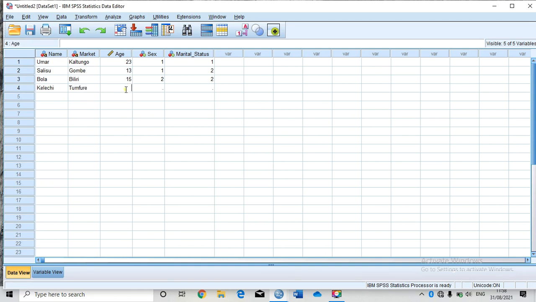Then the age is 25. The sex is 2, that's female, while the marital status is divorced. So that's 3. That's 3% are divorced, if you could remember. Then the other person is